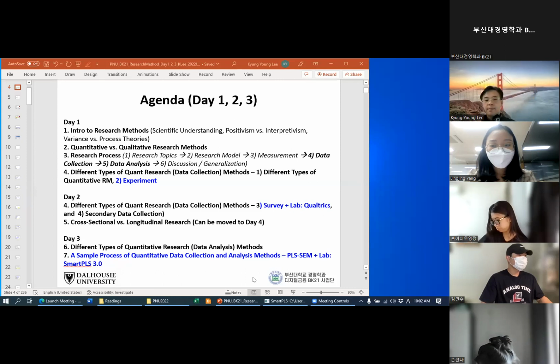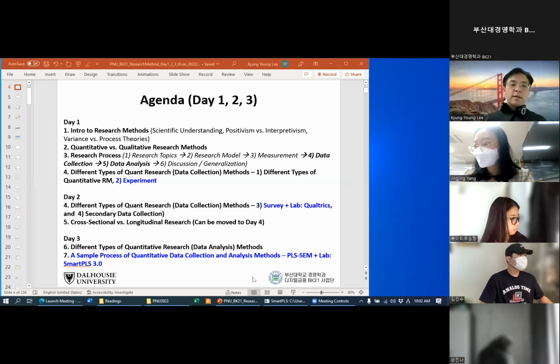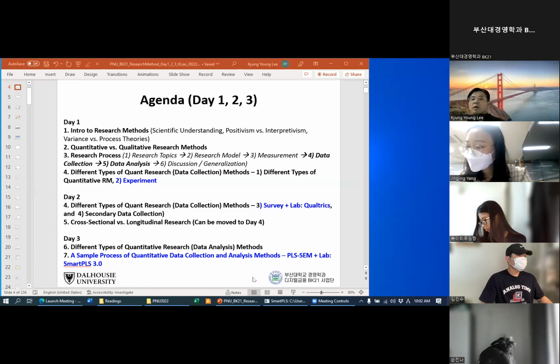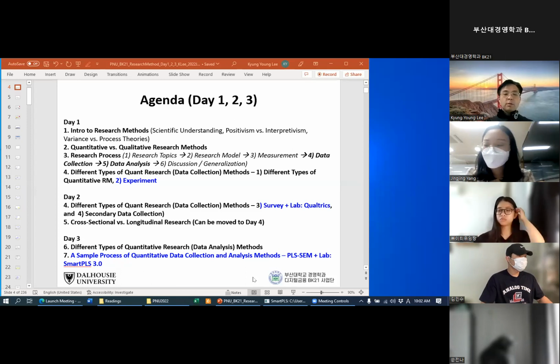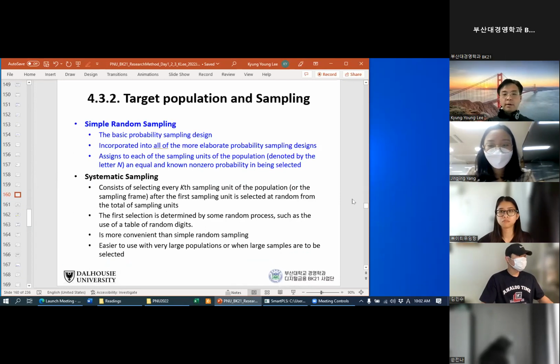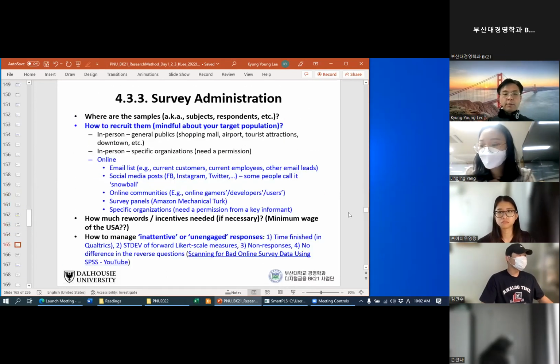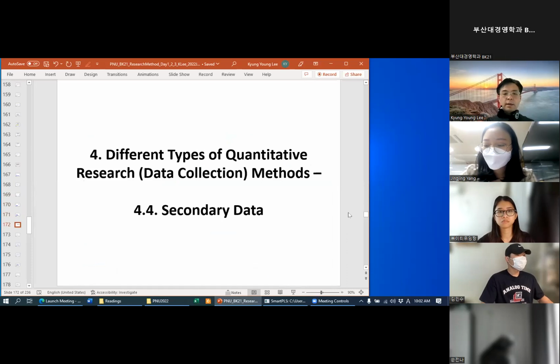And today we'll be covering different types of quantitative research, focusing on data analysis methods, focusing on PLS, partial least squares, while the covariance-based method will be covered by Dr. Adas starting from tomorrow. So what I will do is start with where we left off. But before we start, I'd like to